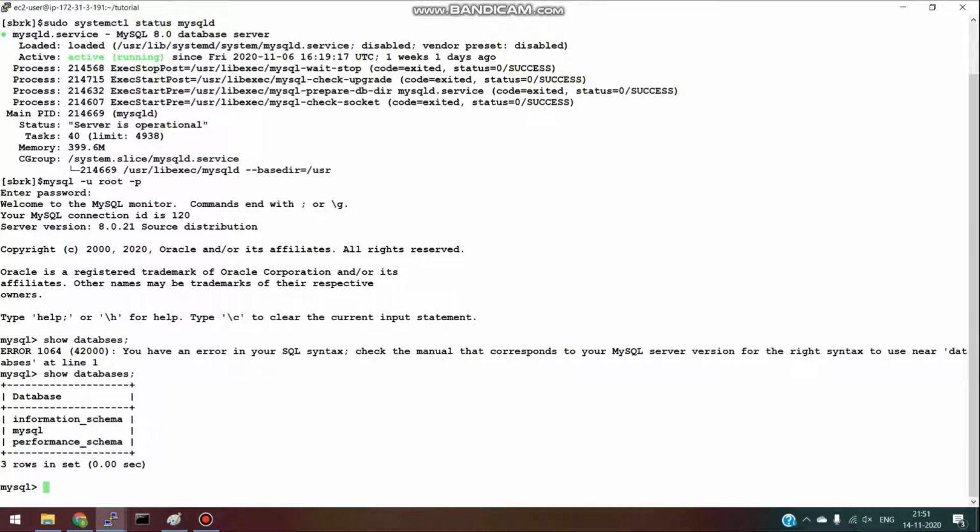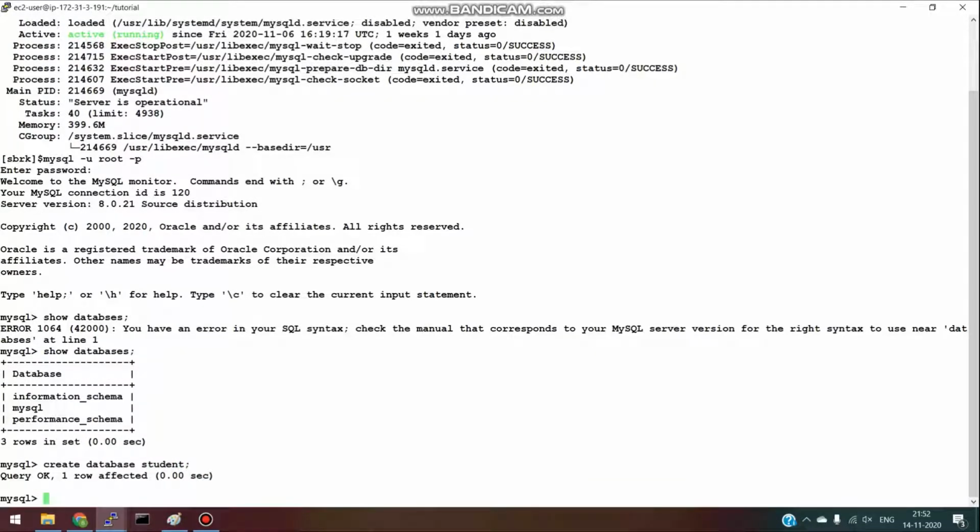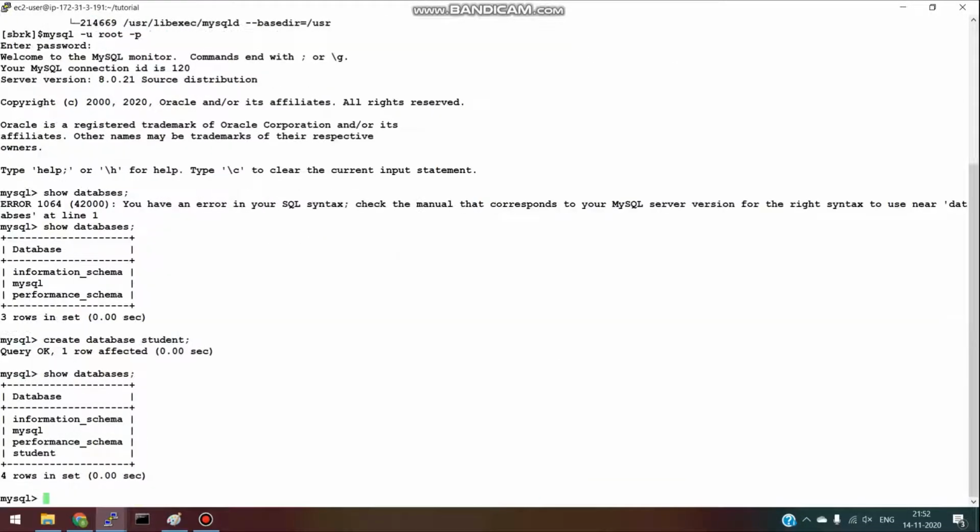After the MySQL installation, you will see this default database. So I am creating a new database, Student. Okay, let's see. Yeah, as you can see, we have created a new student database. Let's use it.